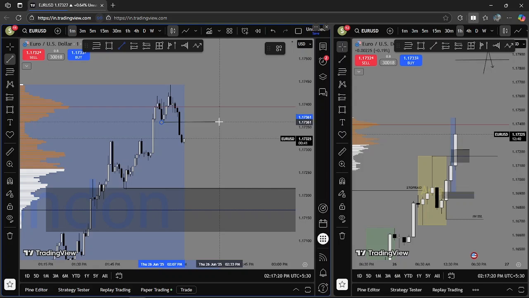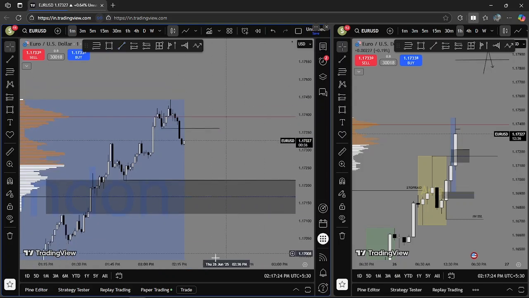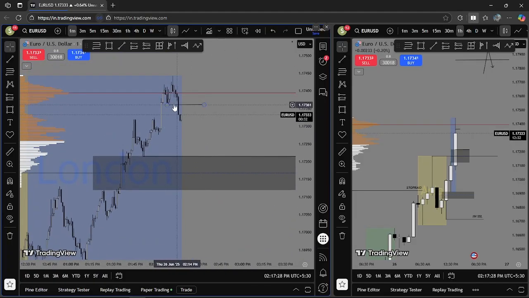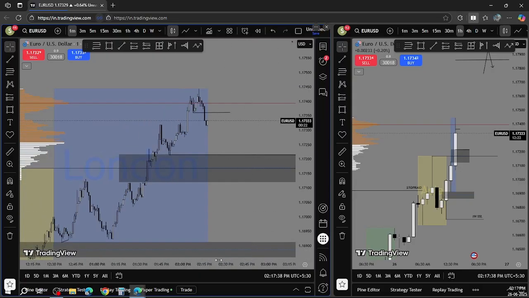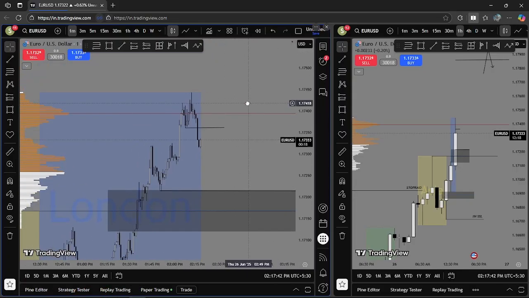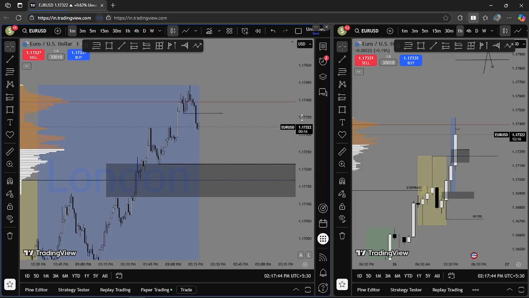So that's a breaker block coming out of a low volume zone, makes sense. If I can look to see us go back into this, maybe I can give it a try. Let's see what happens. It ends up happening while I'm actually making the video, so everything's fine here. Exactly, makes sense. So let's see.